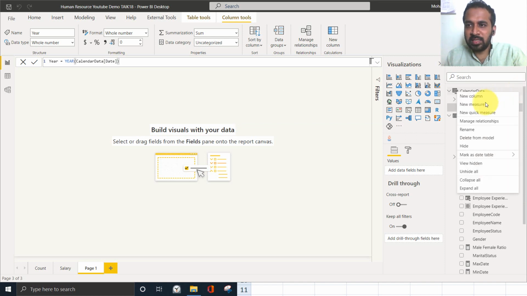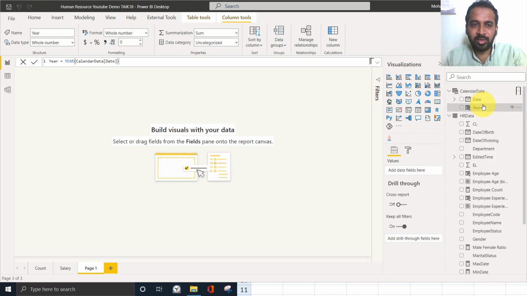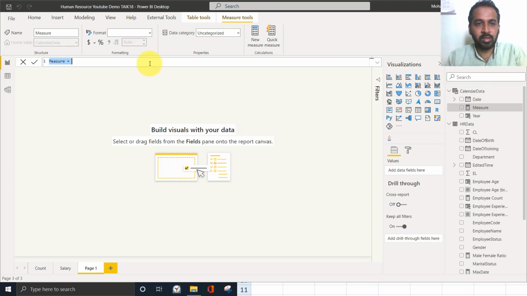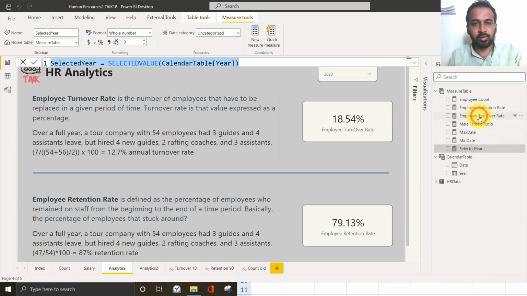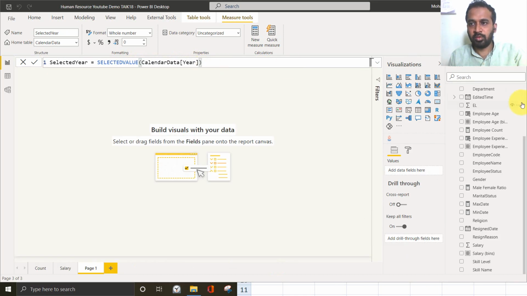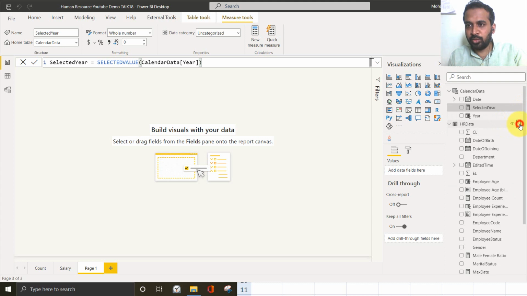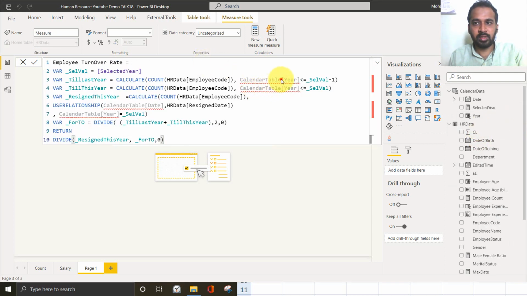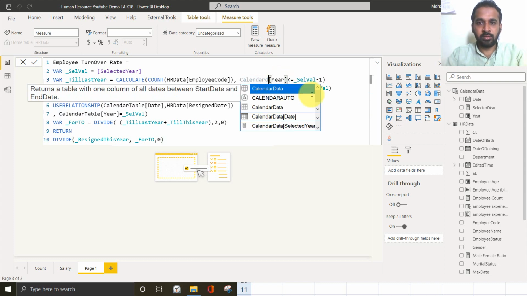I want to create a measure here itself because this is subject to this one. Selected year equal to calendar date, my year. Commit, and then employee turnover rate, copying everything from here, going back here and creating a new measure. Okay, here it should be calendar data.